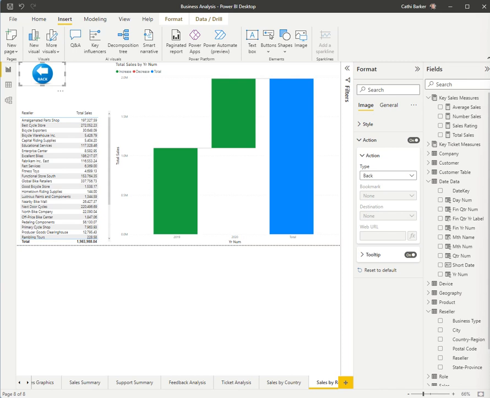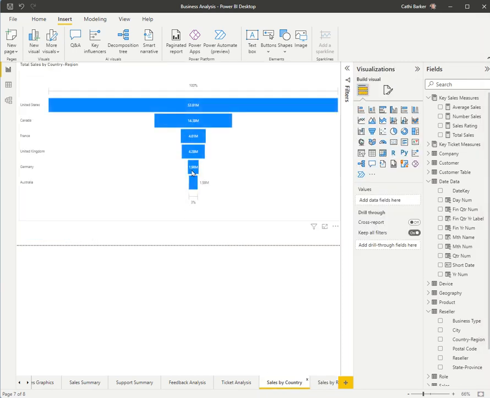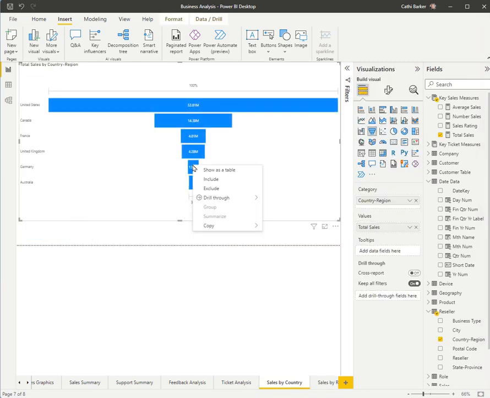In an earlier video when we were looking at creating drill-through pages, we basically went to sales by country, and when we right-clicked, say, Germany, we could actually say that we wanted to drill through to the sales by region page. So that's a drill-through page. But that's quite tedious for people to do, to actually right-click and choose drill through and choose which page they want to drill through. We can actually create a drill through button, which makes it easy for people to navigate